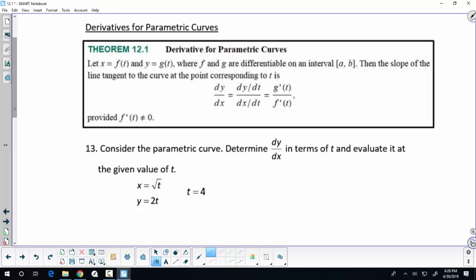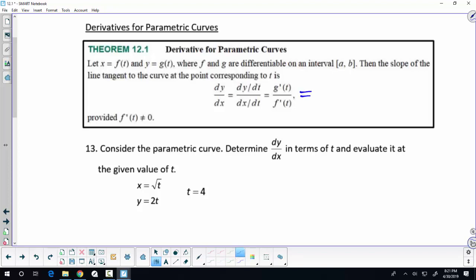All right, moving on. We're now going to talk about derivatives for parametric curves. This plays into section 12.3 when we start looking at derivatives and polar coordinates, because we're going to think of polar coordinates as a special case of parametric curves with a parameter of theta. So this extends to other types of systems if we set it up correctly. What we're looking to describe is the derivative, the change in y over the change in x. But we know that y and x are defined in terms of t. So to take the derivative dy over dx, we have to take the derivative of y with respect to t